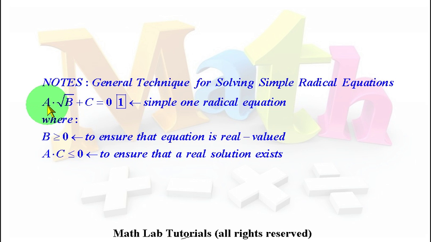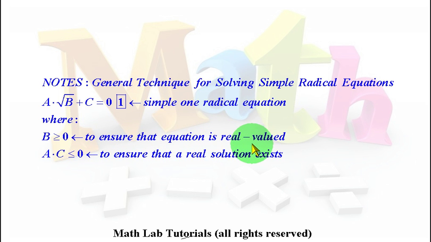We have an a, which is radical free, c is radical free, but now we need to impose some conditions. We know that b has to be greater than or equal to 0. That's just the argument of the square root. Because if b were negative, for example, -1, then the square root of -1 is imaginary, and this equation would not be a real equation. It would be a complex equation. So we don't need to deal with that right now. So we impose that b is greater than or equal to 0,